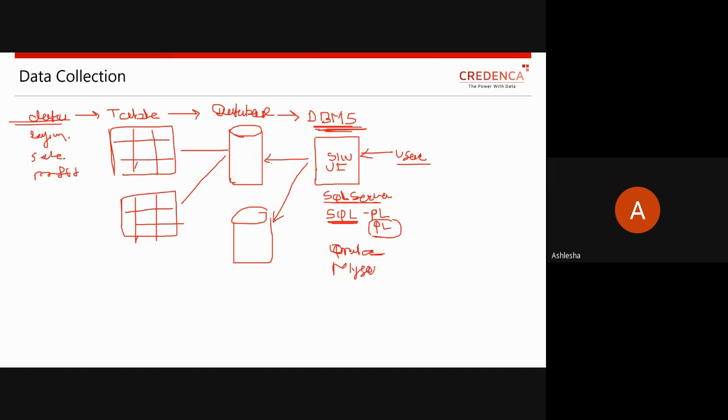So these are the different DBMS systems, and SQL is the query language, which is used to extract data, modify data, and manipulate your data from the database. So in this particular software, you need to use the SQL language. It is a language, and SQL Server is your DBMS system. Database is different, DBMS is different.